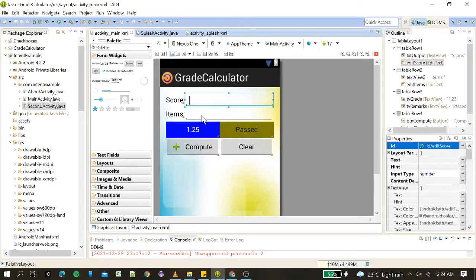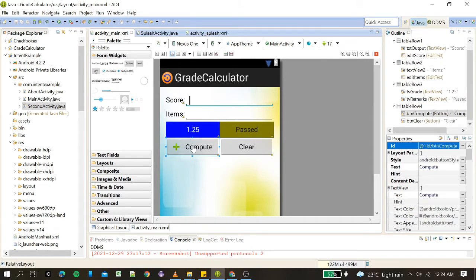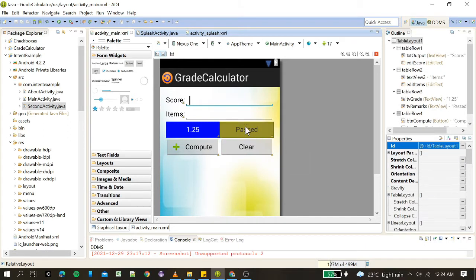Yung bawat laman nitong layout natin, so we have here two edit text fields. Pinalitan ko na lahat ng ID. So, this is edit score. This one is edit items. Dito makikita nyo sa ating outline view. Then, we have here the TV grade. This one is TV remarks, kung saan dito madidisplay yung mga output. Then, we have here the BTN compute and the BTN clear. Okay? So, let us go with our